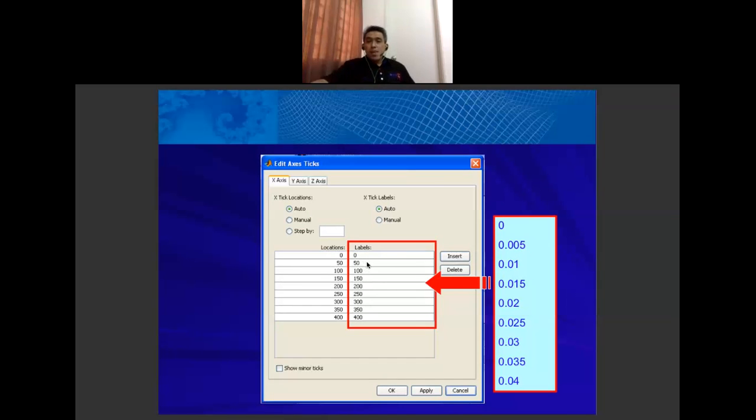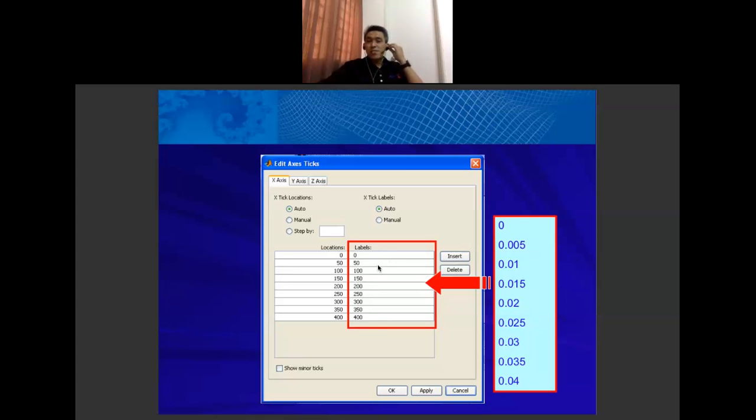For example, you replace 50 with 0.005, and 200 with 0.02. This is for one cycle. And replace 400 with 0.04. It means that we simulate this circuit for 2 full cycles.